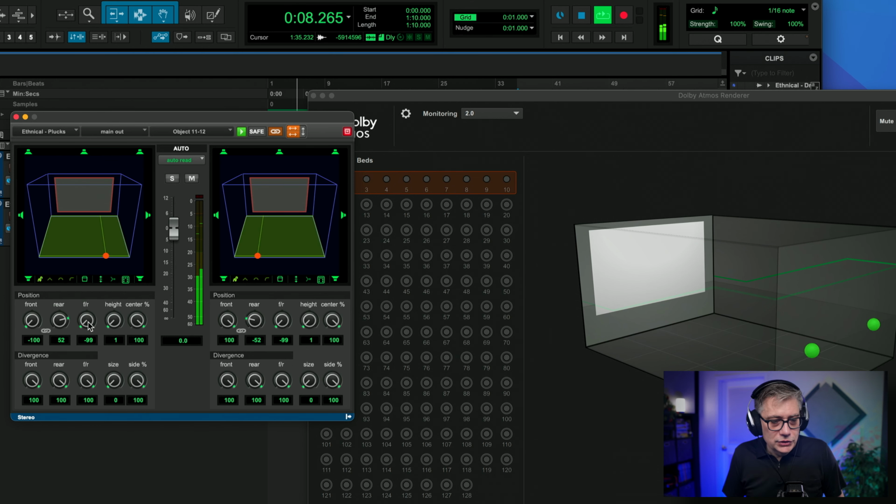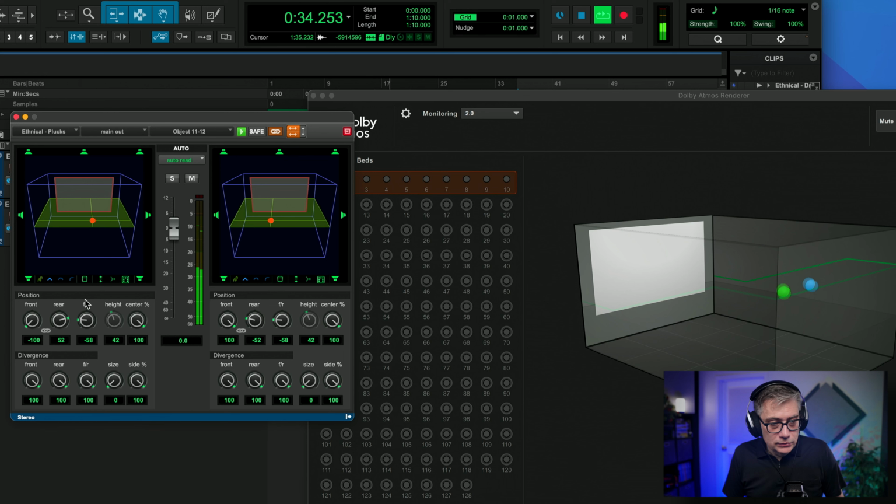So if you want to change the height manually, here we have the height. What we can do is select these different height modes. Currently it's in freeform, meaning that I'm essentially changing the height with the dial here. But I can, for example, select wedge mode, and as I'm moving the object to the front, it will change the height accordingly, according to a wedge shape. So it's going up and it's going down.